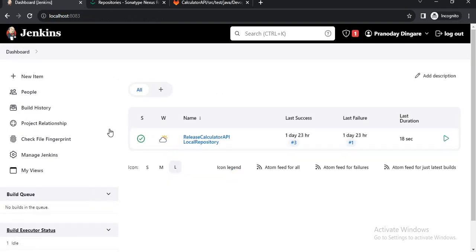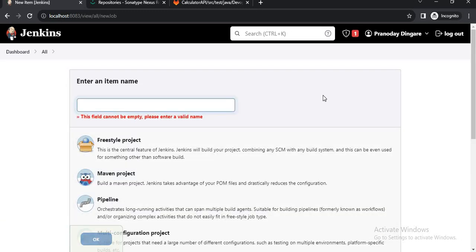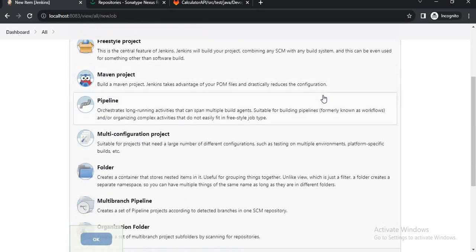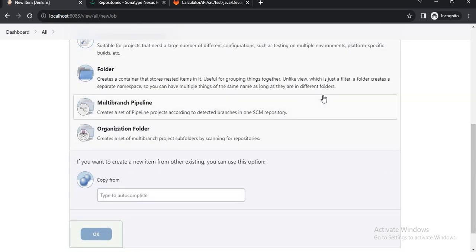Okay, and now let's create a new job. Many of the things are going to be common in this job as well as the job which we had created, like credential entry, the git configuration, and the URL configuration which we had done. Only there are going to be a few changes here and there. So instead of creating a job from scratch, we can create a copy of the existing one.